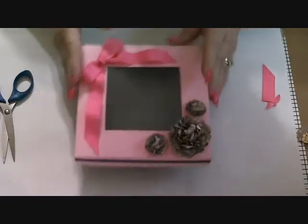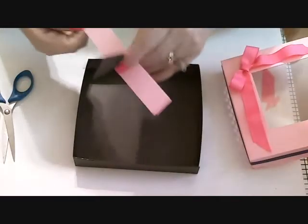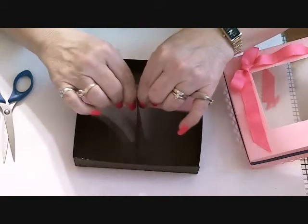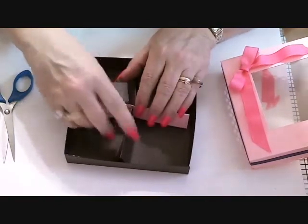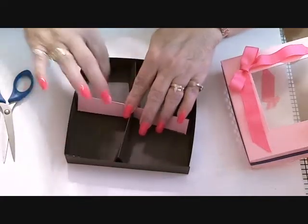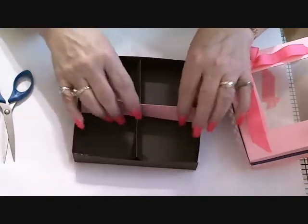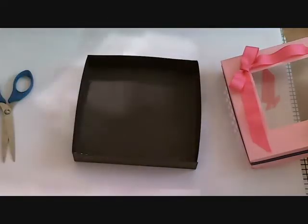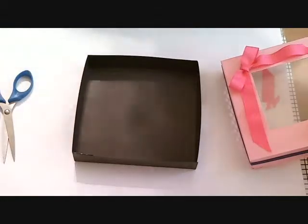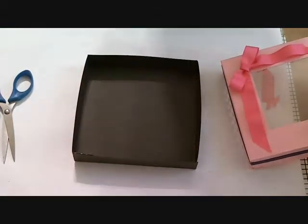Now, you can do a couple of things. You can take this and open it, and I just made this plus sign thing, and you can put it in your box like this, and you can have 4 equal compartments to put something in, or you could make as many as you want. Or what I did was I decided to make some really